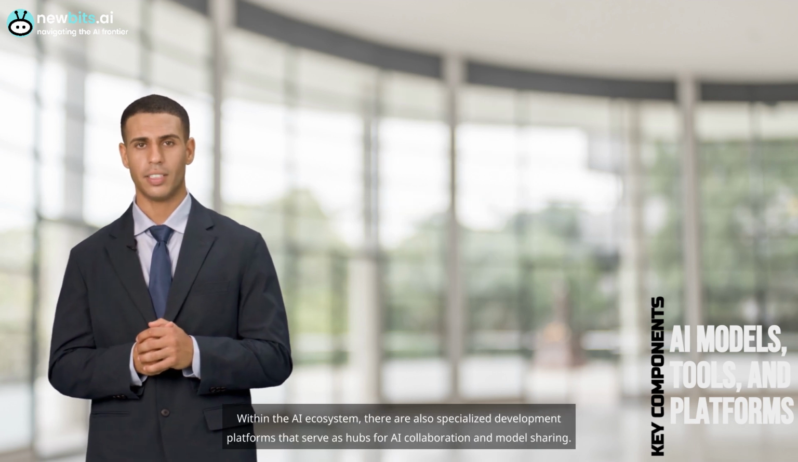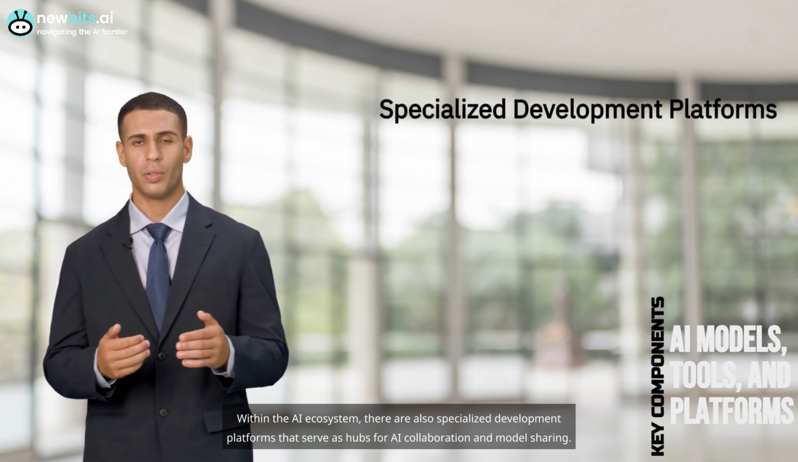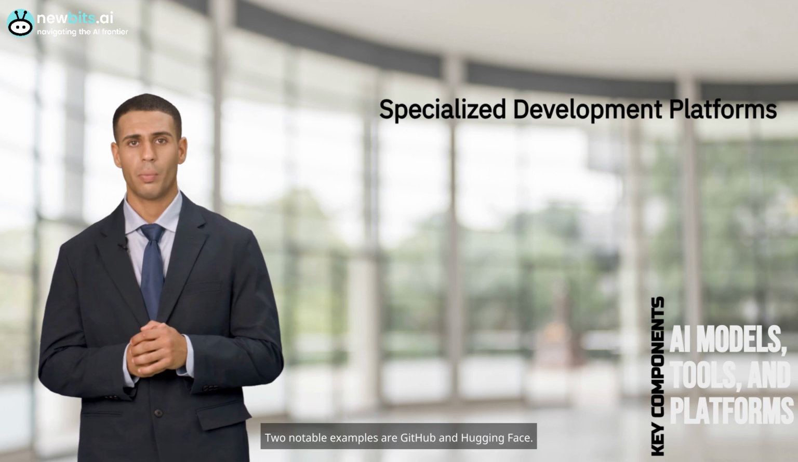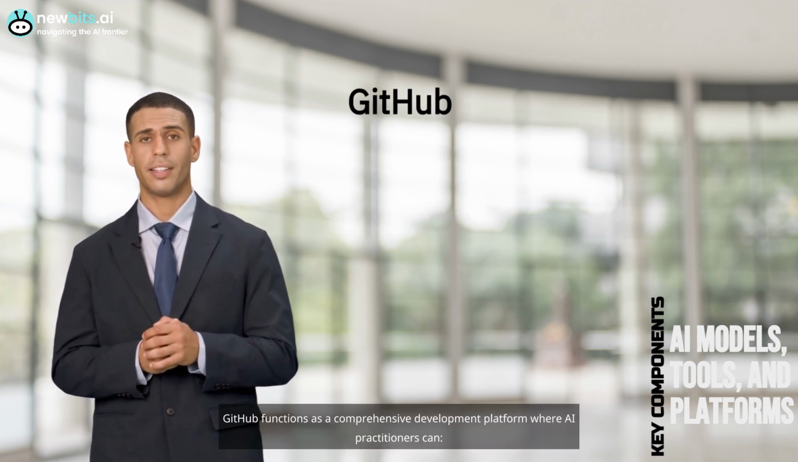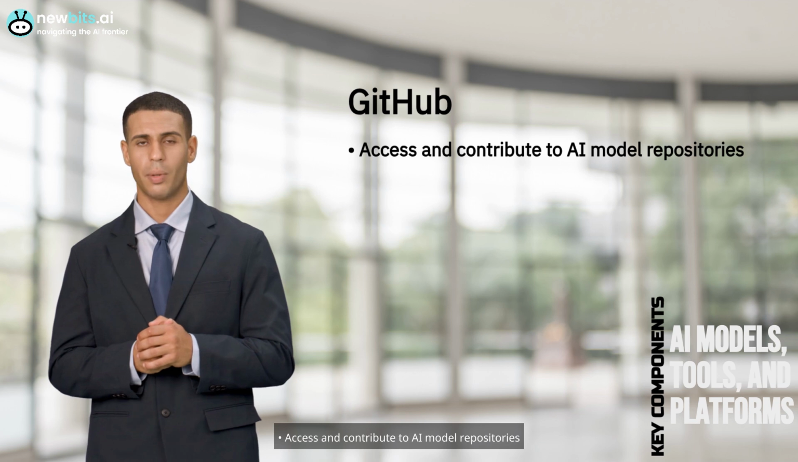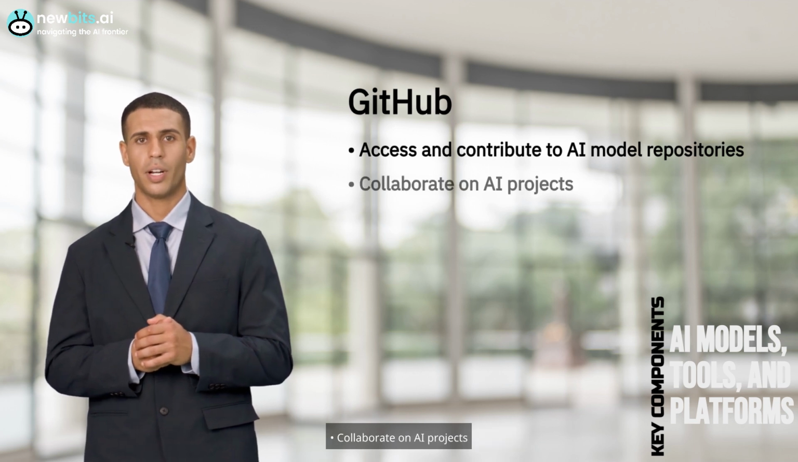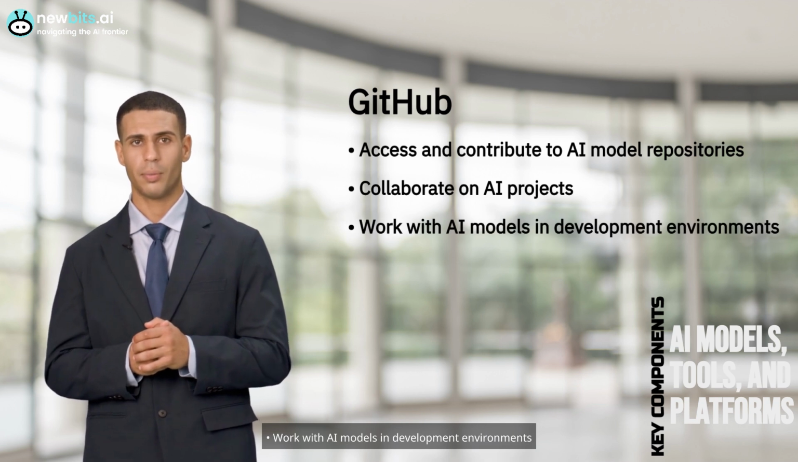Within the AI ecosystem, there are also specialized development platforms that serve as hubs for AI collaboration and model sharing. Two notable examples are GitHub and Hugging Face. GitHub functions as a comprehensive development platform where AI practitioners can access and contribute to AI model repositories, collaborate on AI projects, work with AI models in development environments,